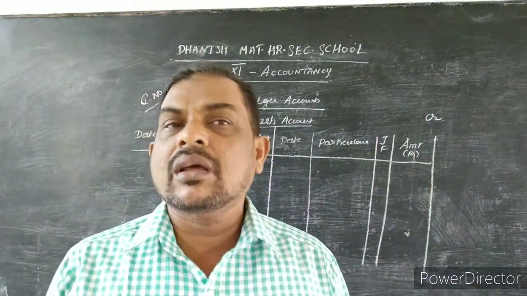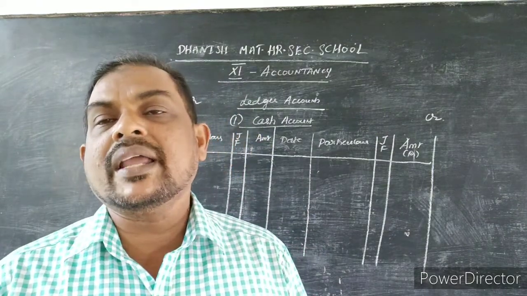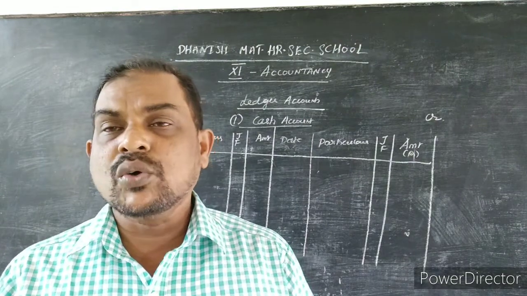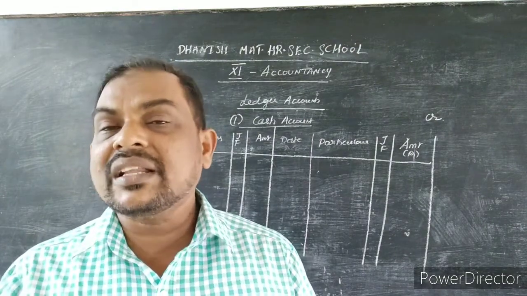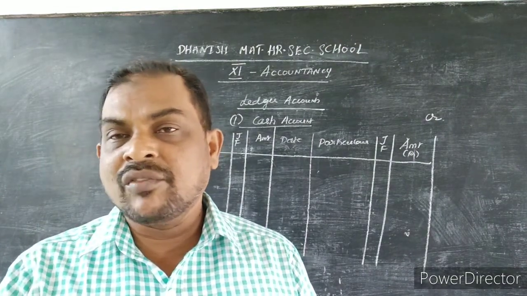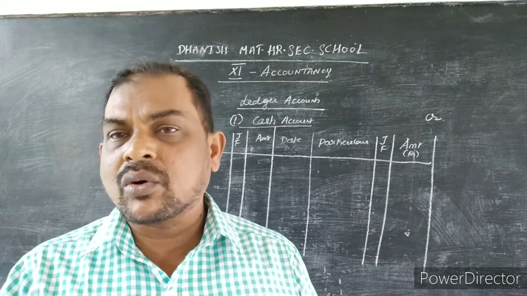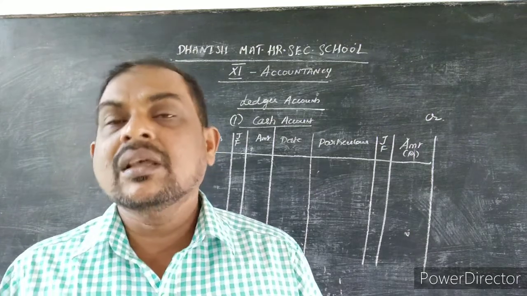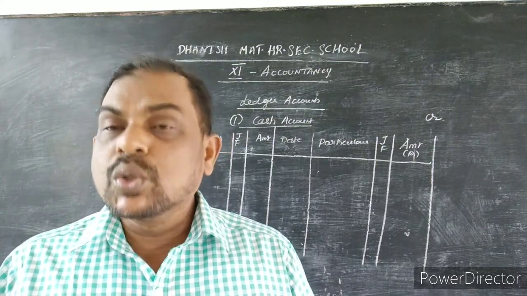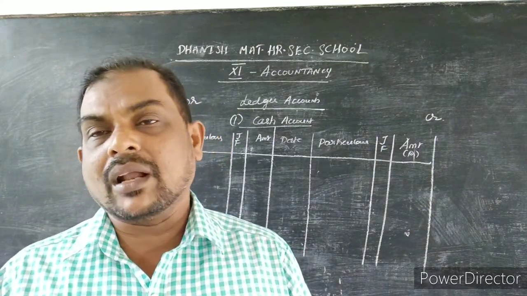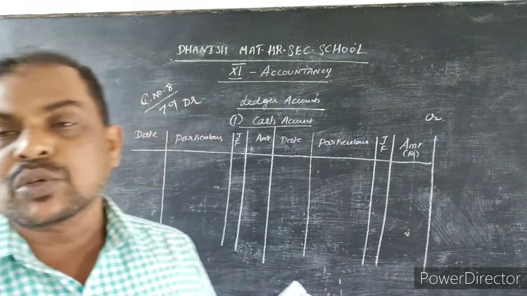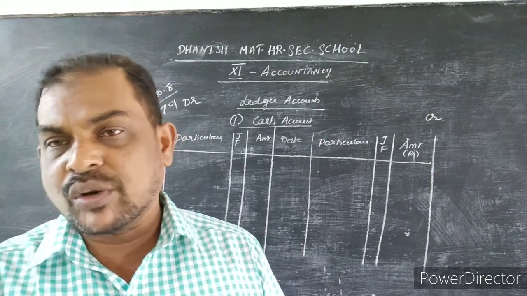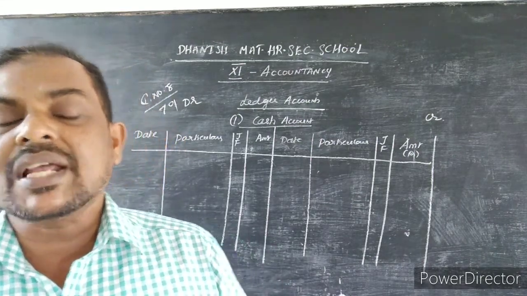What is the journal entry for? Cash account debtor to Ganeshan's capital account. Here cash account is the debit side. Okay, so your hand should come in the debit side, because wherever the account we are preparing, that account is there, you have to move to that side. That is, here cash account debtor to Ganeshan's capital account. So cash account will be debited, your hand should come in the debit side, but you have to put the opposite entry, that is corresponding credit entry only you have to put to Ganeshan's capital account.